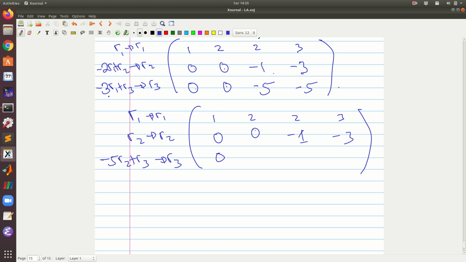This will be a 0, then multiply by negative 5 and add negative 5, we have a 0, and then multiply by negative 5, we have positive 15, add negative 5, we have